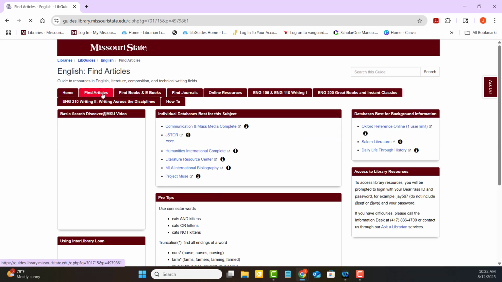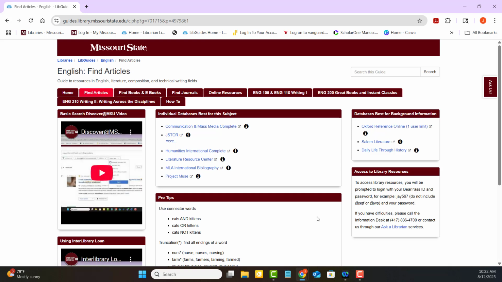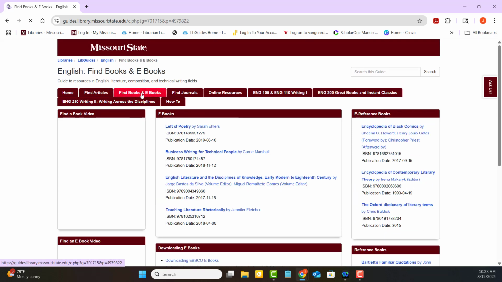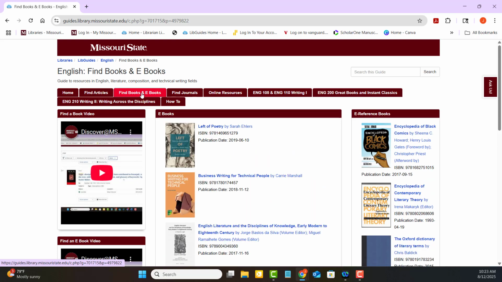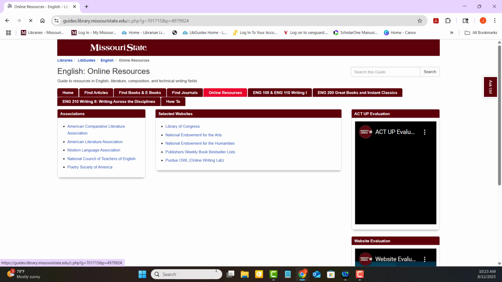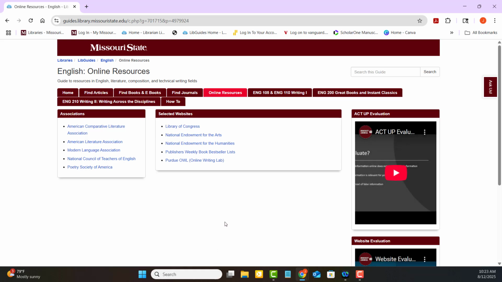We also have a tab that takes you through a few more individual databases that might be good for the general subject of English. Included are a couple helpful videos and some pro tips on searching in the databases. We have some books and ebooks along with videos on how to specifically search for those things. Journals, in case you're wanting to find a specific journal on a topic within the subject of English. Online resources, so a few websites and associations that might be helpful,